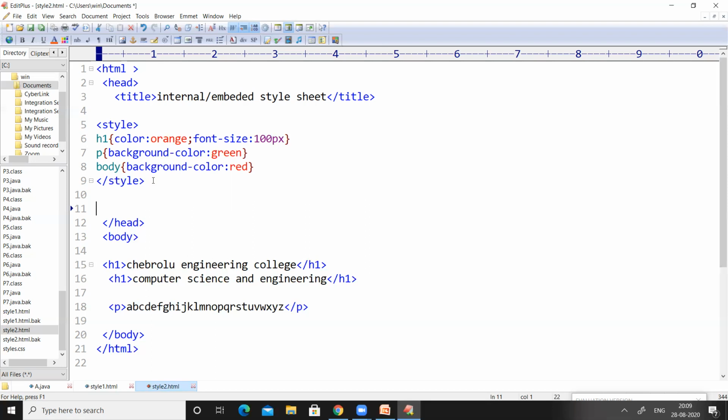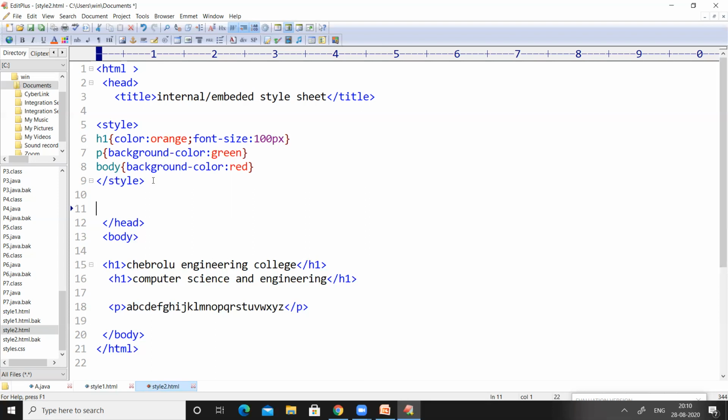That is one of the questions that will be in many of the minds of the people. So inside the head section, in order to write an internal or embedded style sheet, there is one more HTML element or tag called the style tag. We have to write the code related to CSS between the style start tag and the style end tag.